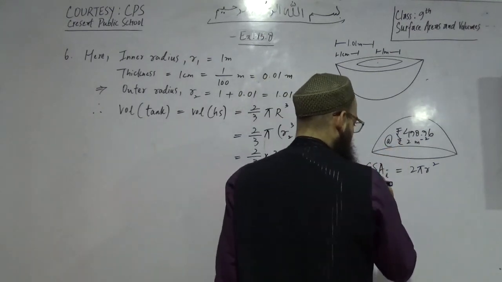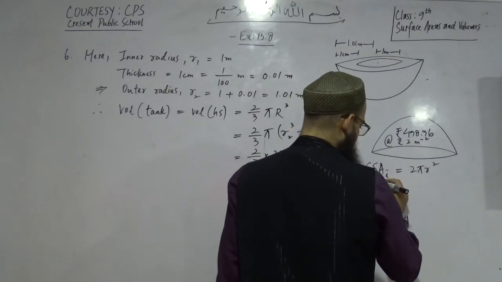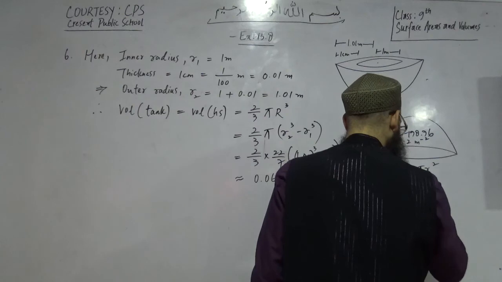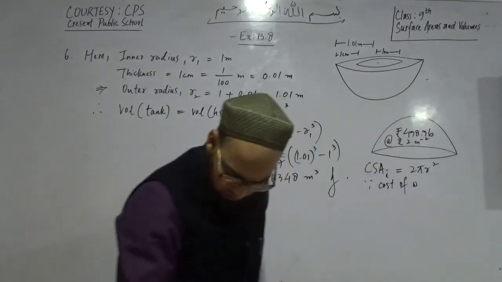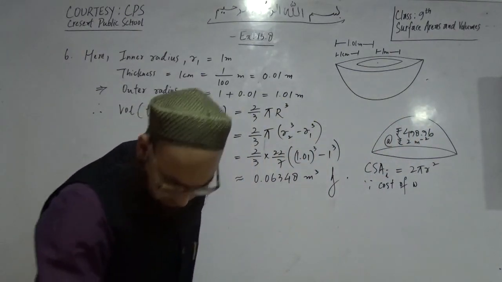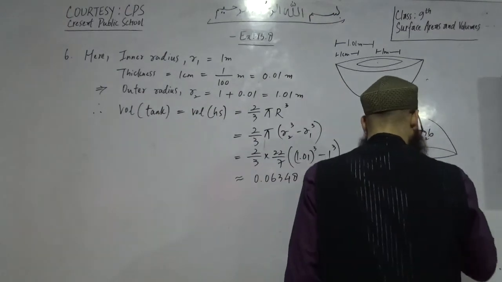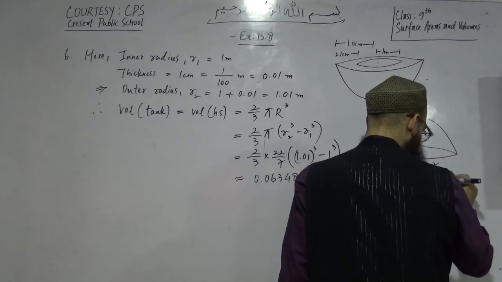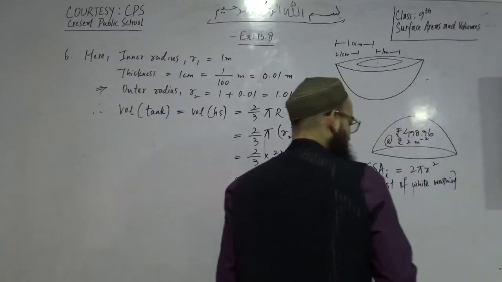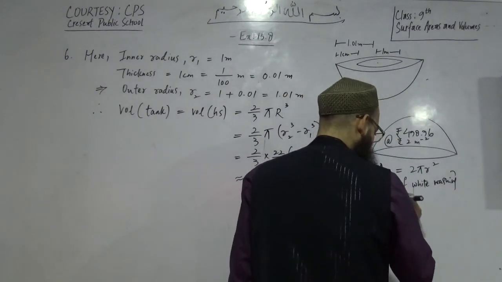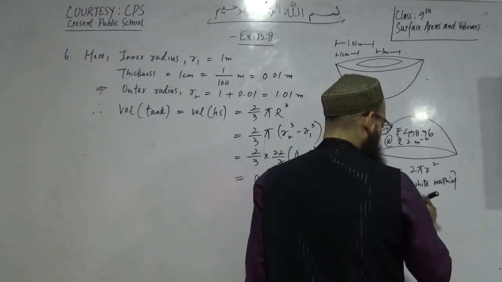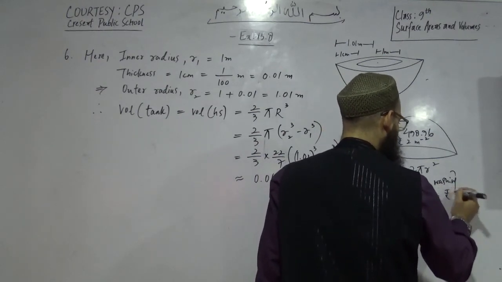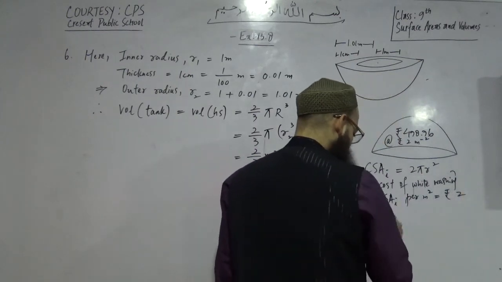Since the cost of whitewashing the inner curved surface area per square meter is rupees 2, therefore